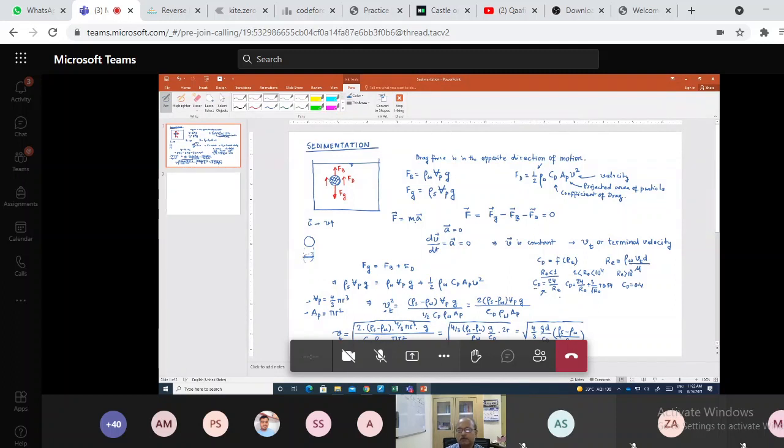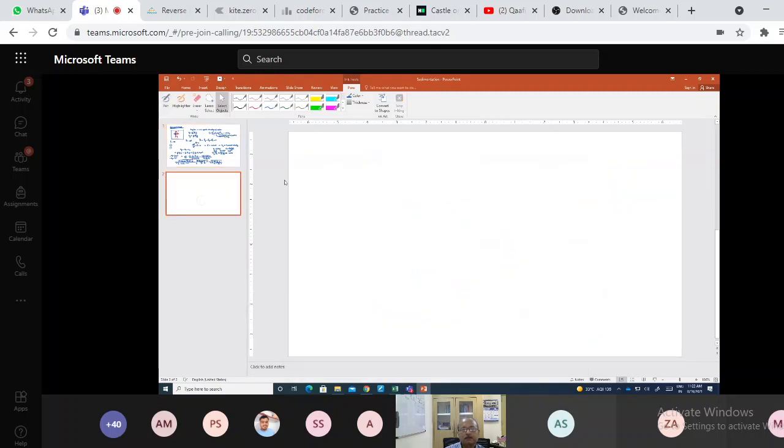Cd equals 24 by Re. So let me write down in this expression what is the value if we put this here. So let me write from here. So as you can see, Vt square equals